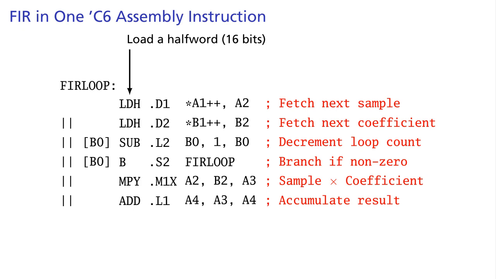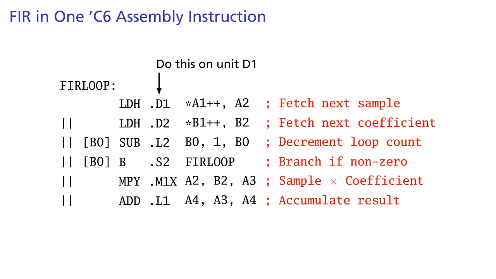Each instruction is labeled with the functional unit it should use. Since this first instruction fetches a sample from memory into the A2 register, it needs to run on the D1 unit. The D units can also do address arithmetic. The assembly is using C-like notation that indicates register A1 supplies the address and is incremented after the data is